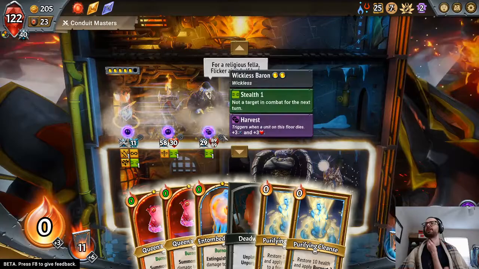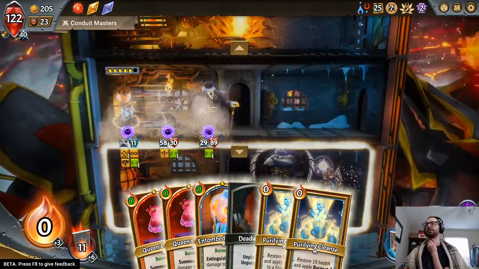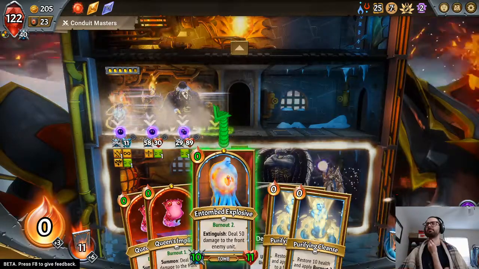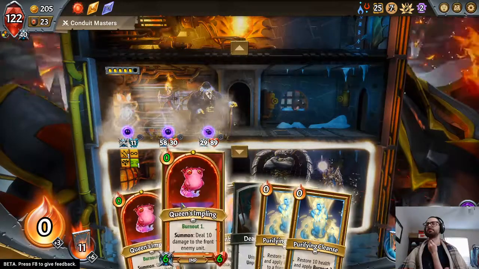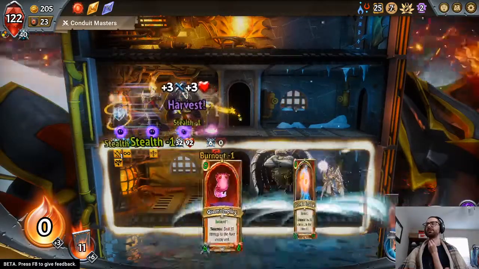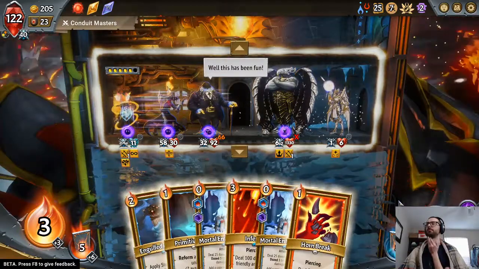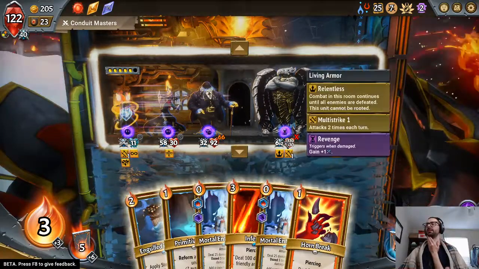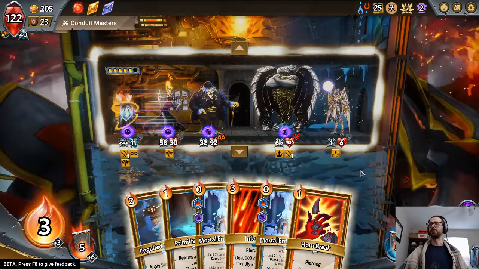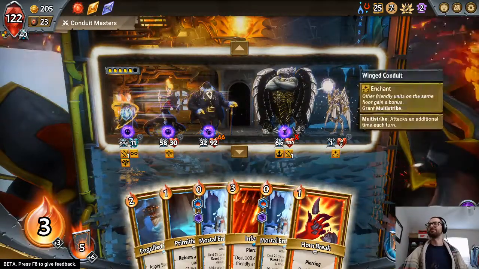I want something with burnout 1 here. Let that die. Good. Yeah, okay, we already kill it. We hit for 400 per wave. Don't need to play more cards and accidentally kill myself. Unless...